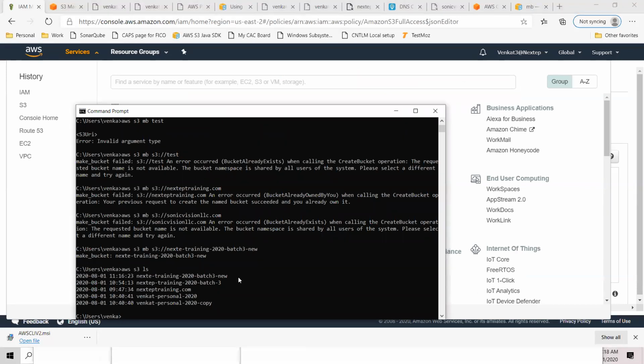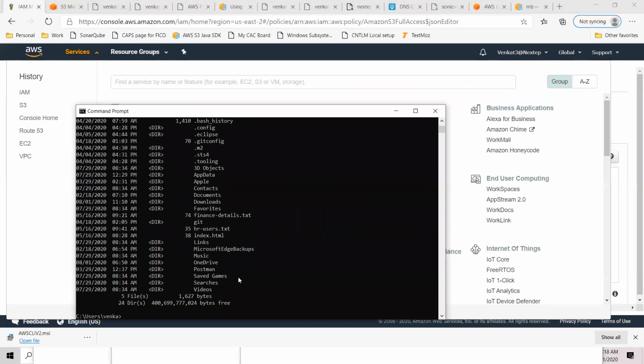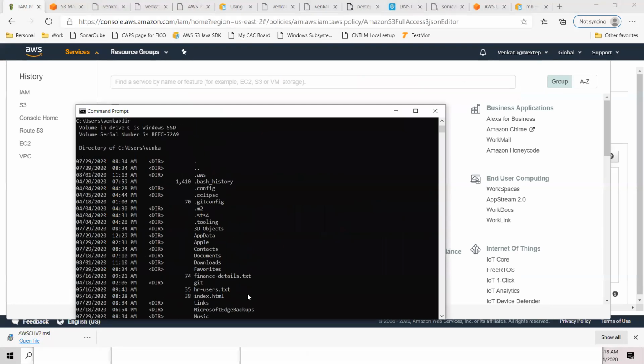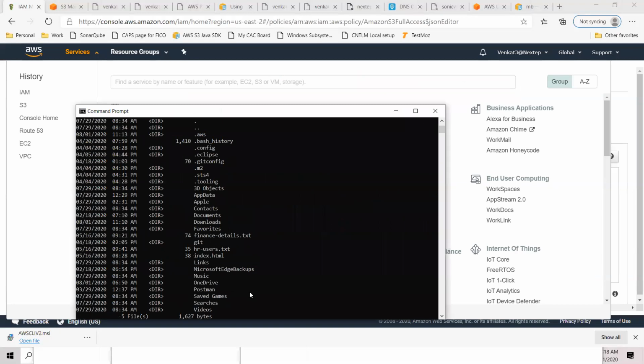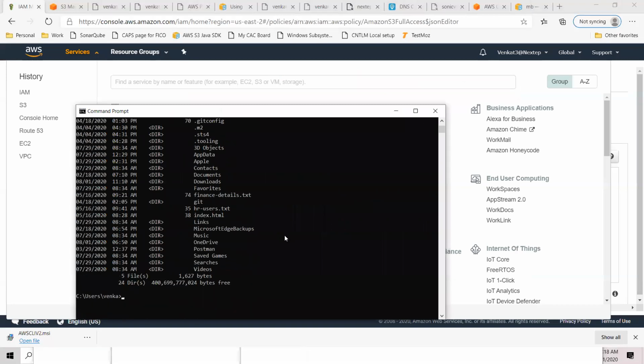Now, let's say I want to copy. Let's say I have a local file called finance details. So let me see, AWS S3 cp finance details.txt and then S3:// my bucket name.